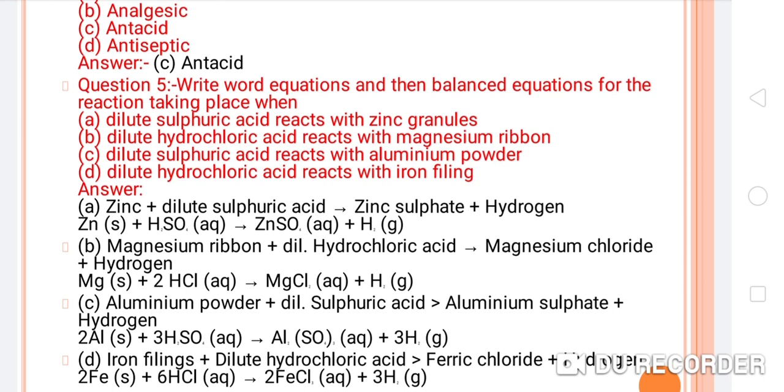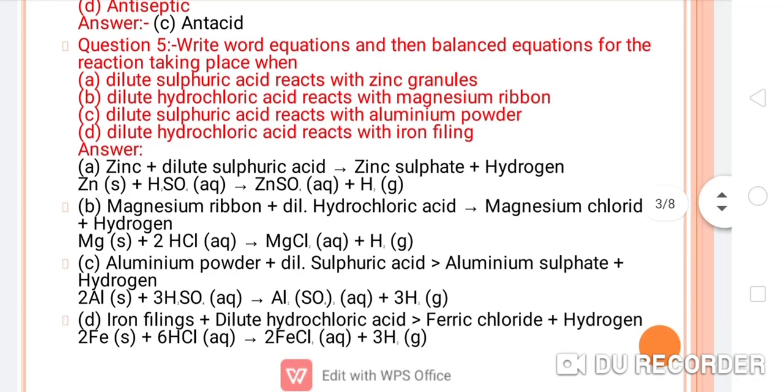Okay. Now next, the second statement, the P statement, is the magnesium ribbon reacting with dilute hydrochloric acid. So the magnesium, that is Mg, when it reacts with HCl, it will convert into MgCl2, not the Mg. Please correct it. Okay, this is a typing mistake, students, so please correct it. So MgCl2, and again hydrogen gas will evolve, that is H2, not the H. Okay, please correct it.